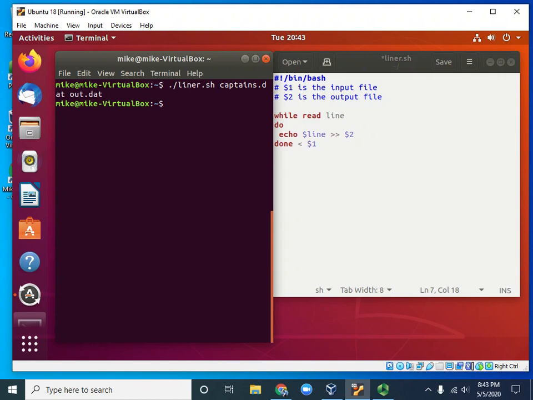That looks good. Press enter, and I don't see anything. So I'll cat out.dat, and no such file or directory. Well, that didn't work, did it? Read echo $line to $2